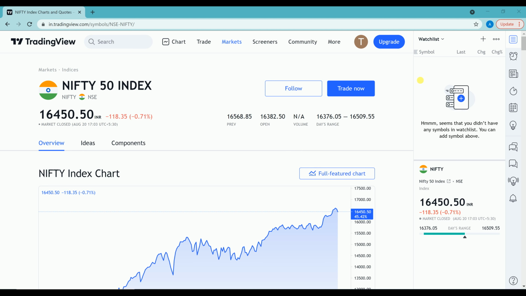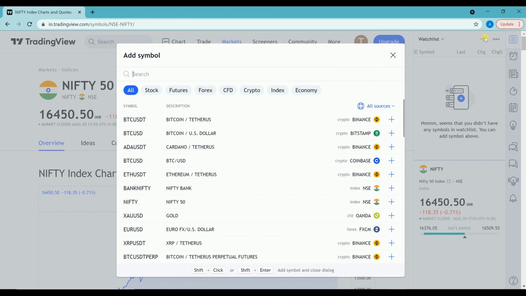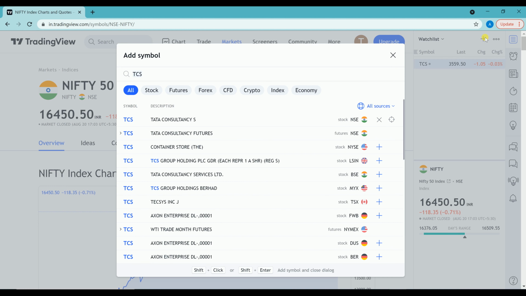Oftentimes, you would want to list every stock under an index into a watch list, like every stock under Nifty 50 or Nifty 100, mid cap 100, small cap 100. For that, you can add symbols one by one. You type in TCS and press enter, and a stock is added.